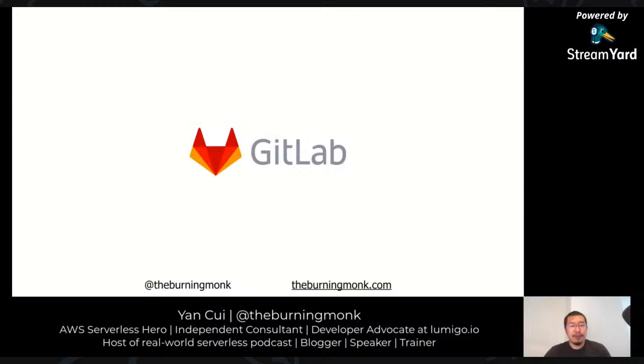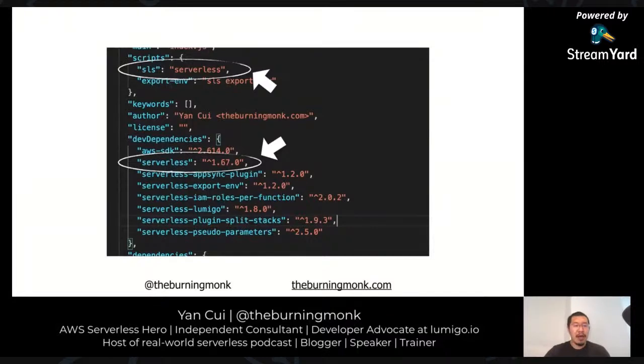So that brings me to CI/CD, and since the whole code base was in GitLab already, I decided to just use the GitLab CI/CD. And the one technique I have been using for most of my projects is to install the Serverless framework as a dev dependency to the project, which means that I don't have actual dependencies on the CI server itself.